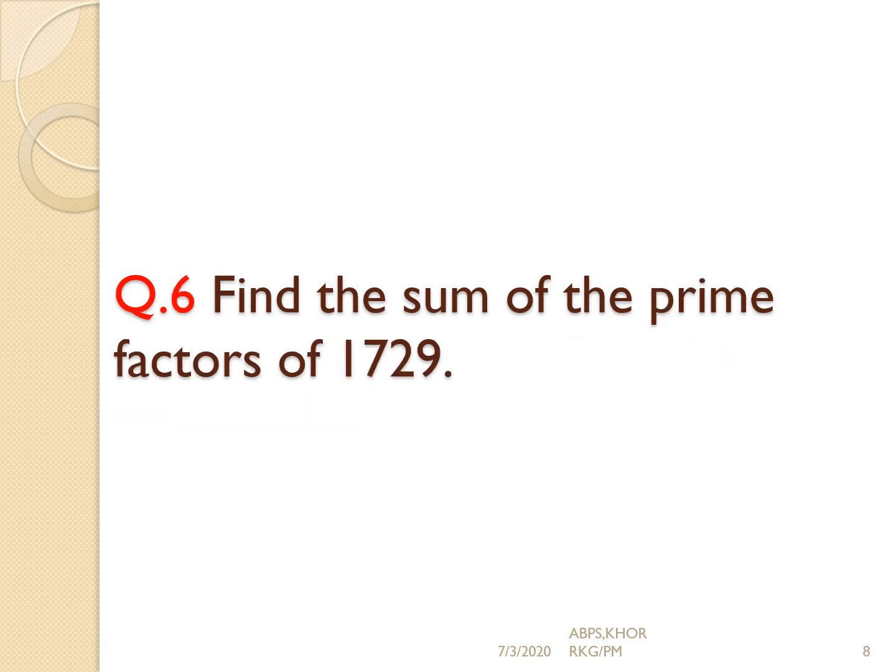Question number 6. Find the sum of the prime factors of 1729. The words required here are sum and prime factors. It means you have to first prime factorize the given number 1729. Once you get your prime factorization, by using it you get all the prime factors. Now find the sum, it means the total of all these. You will get your answer.